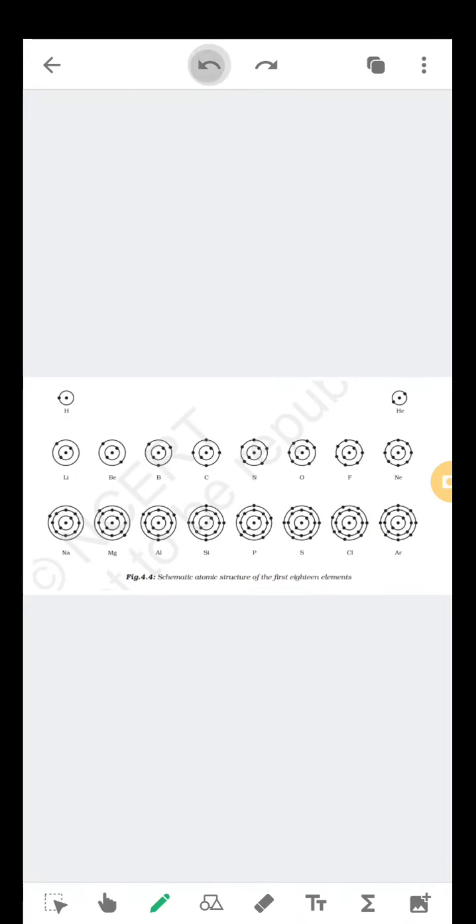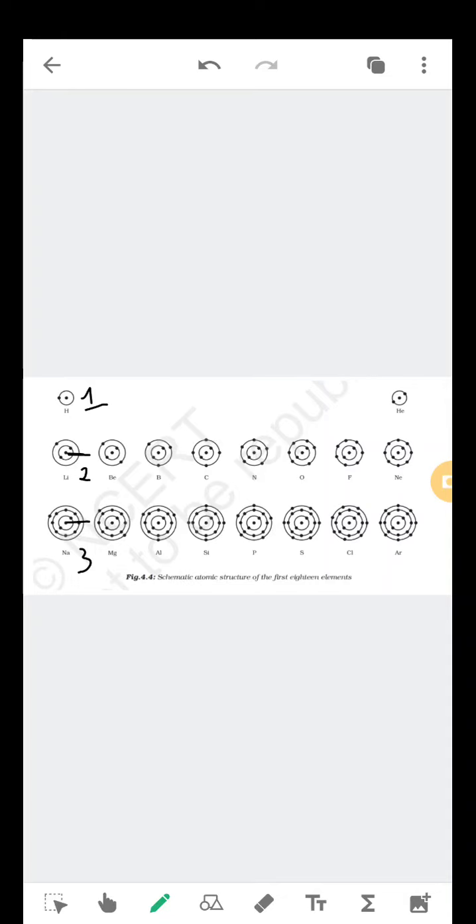Okay, what happens in this region is nothing but atomic size will increase. Why? Because over here there was only one shell, over here there are two shells, and over here there are three shells. So the distance from the center of the nucleus to the outermost shell has been increasing. For one shell it was less, for two shells it has increased, and with one more addition, for three shells, the distance will be increased.